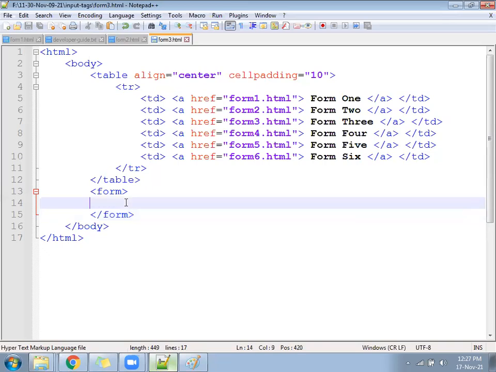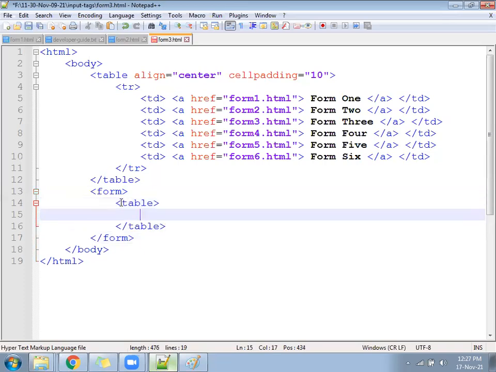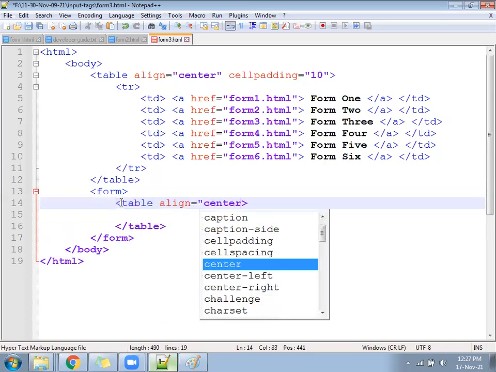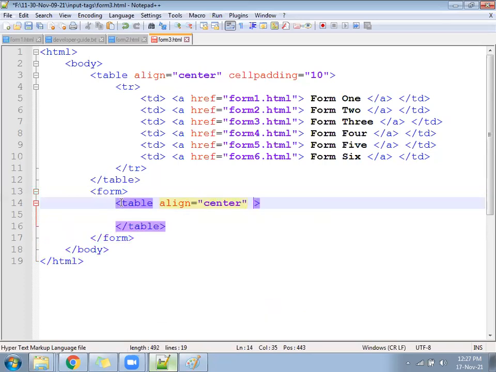Let's go there. Write again a table. Align, we can keep center. And then cell padding, we can keep something.